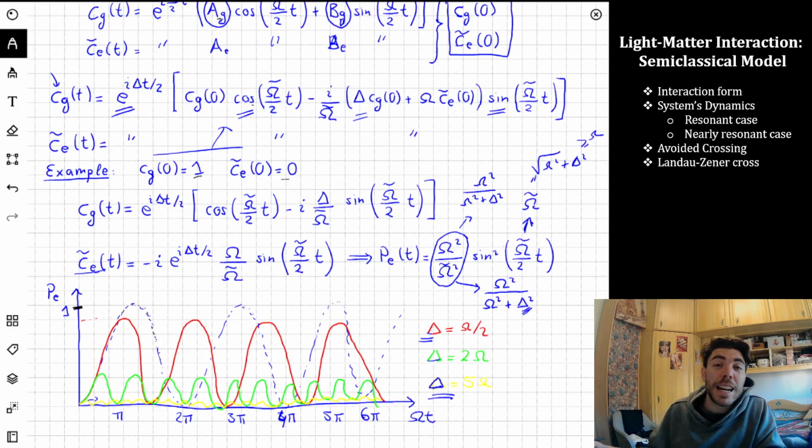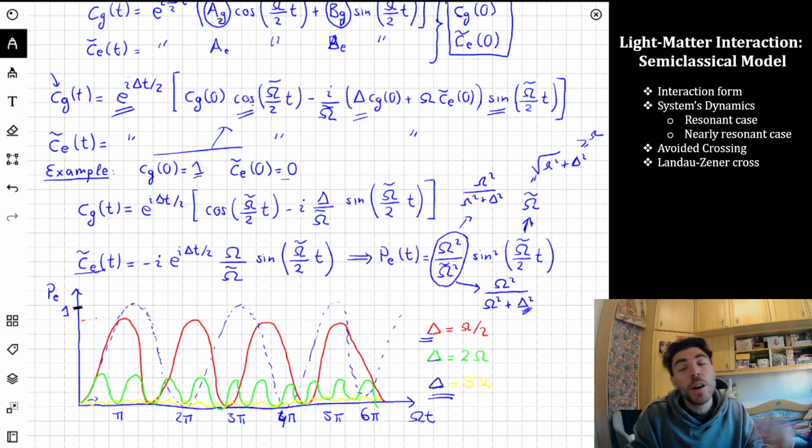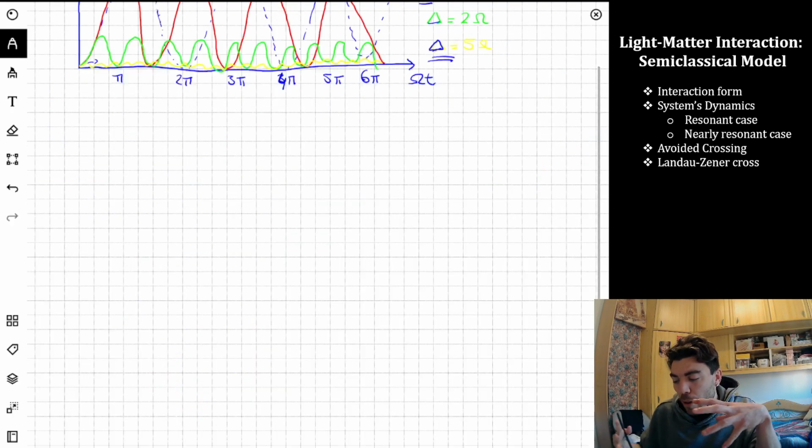This is a more general case. If we take these equations and plug in the detuning equal to 0, we will recover the resonant case that we saw before. But they are more involved mathematically, so I think it's nice to see both cases